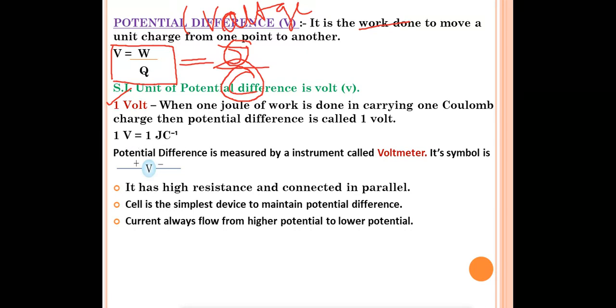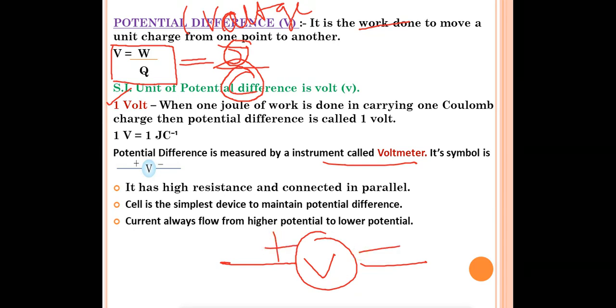Now, what is the name of the instrument which is used for measuring potential difference? The name of the instrument is voltmeter. From potential difference V, you can remember it is called voltmeter, or from the word voltage, you can remember voltmeter. And what is the symbol? Its symbol is like this. One line at this, inside the circle you have to write V, capital V, this side positive charge, this side